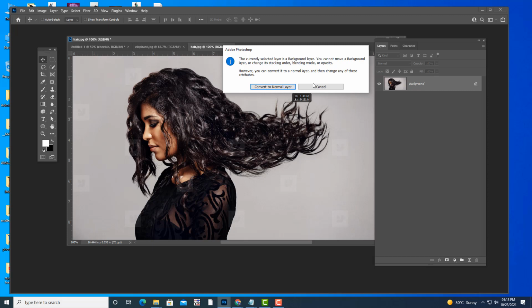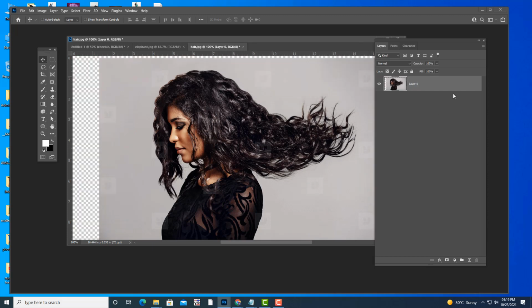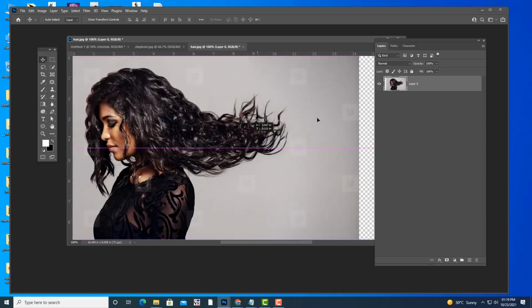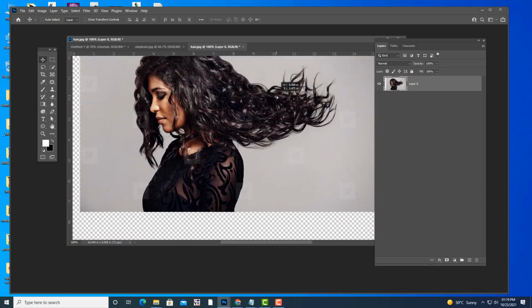That is the message it is saying, till we convert it into a normal layer. This option appears only in the latest versions. In old versions like 2018, some other message will appear, not this message. Now once you click that normal layer option, you can move this image.